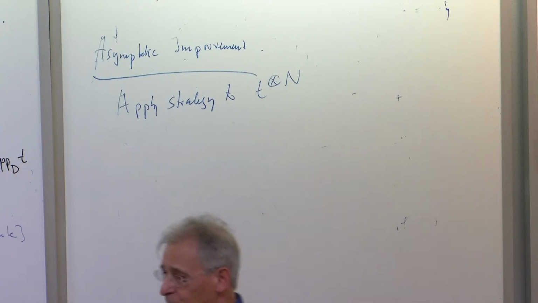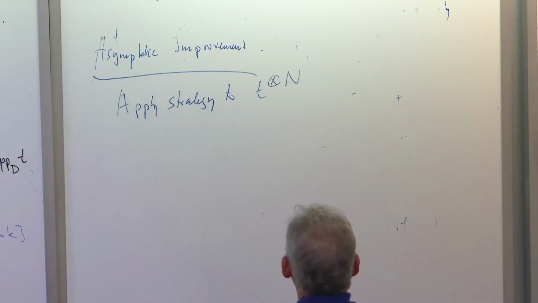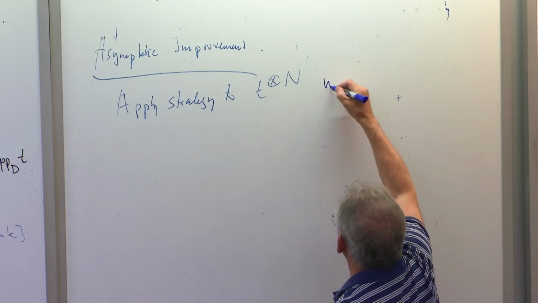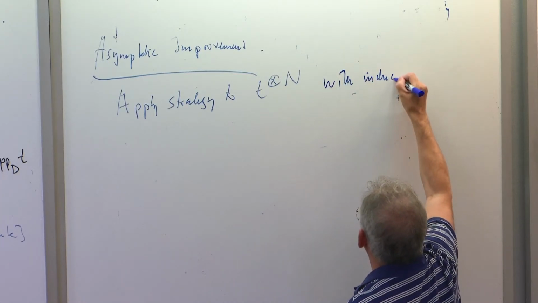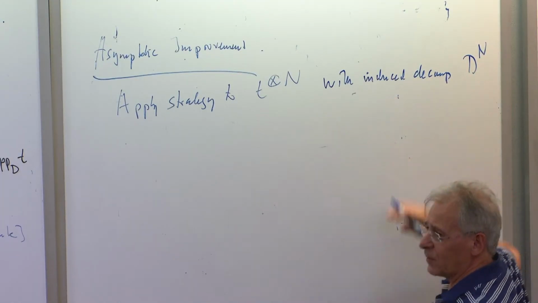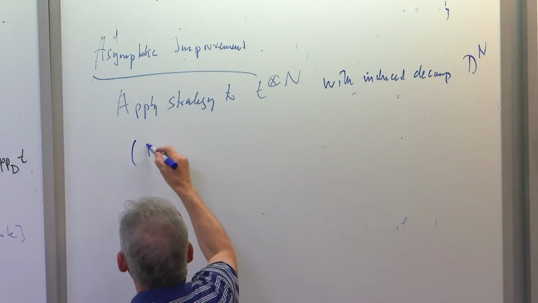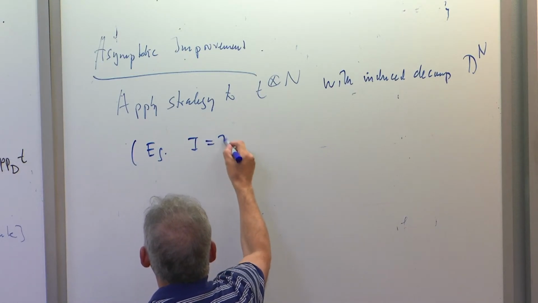And now there are a couple of things that we should realize. If your tensor has such a decomposition, and you go to a tensor power, it inherits a decomposition, right? I guess you see that. It's like for matrices, you get tensor Kronecker products. So apply this with the induced decomposition, or maybe I write it D to the n. I don't formally define it, but I hope you see what it will be. For instance, okay, let's say,